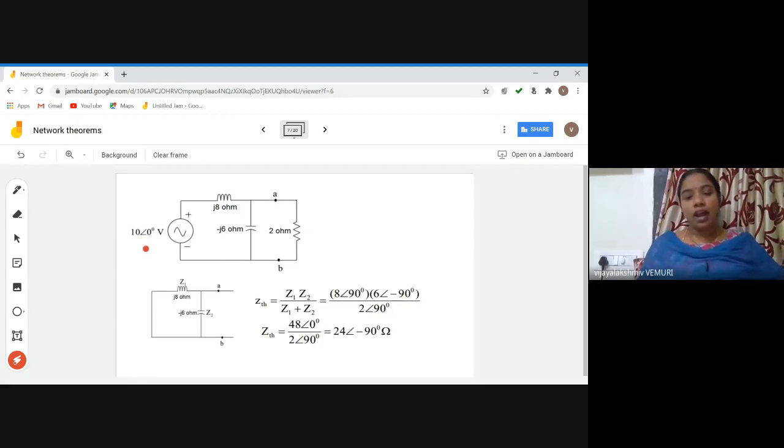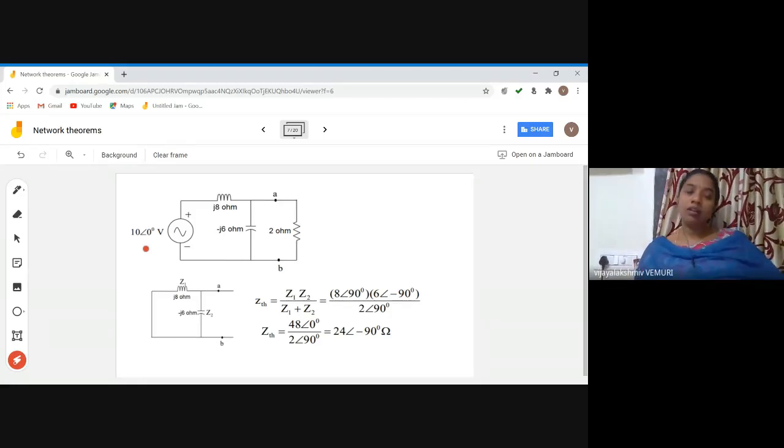Always voltmeters and ammeters, AC type. AC voltmeters and ammeters will read RMS values. This is also an important bit you can note down. Voltmeters and ammeters which are measuring AC values, I am stressing the point, always measure the RMS values. They don't measure any average or instantaneous values. They measure RMS values. Then what about the wattmeter? A wattmeter will always measure an average value. This is also an important bit you note down.